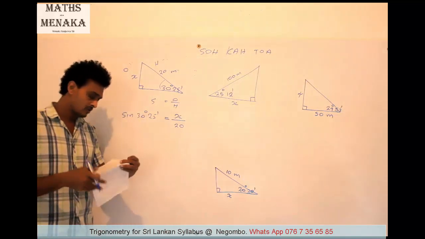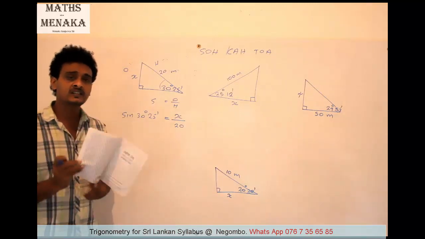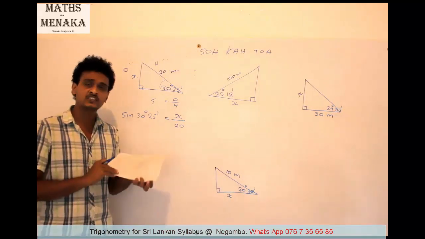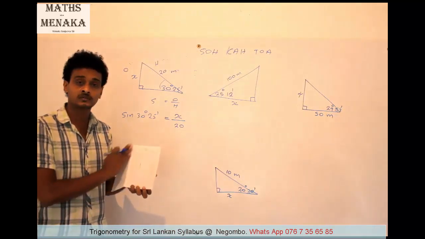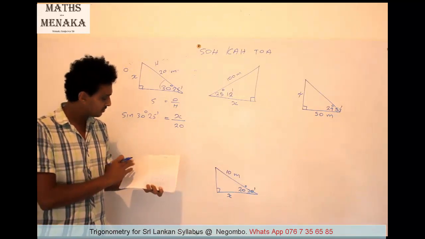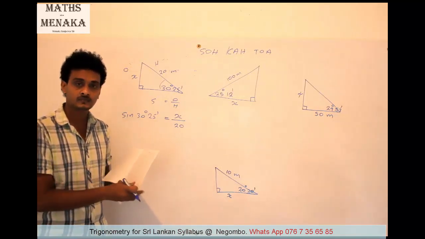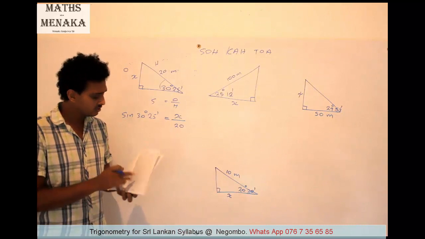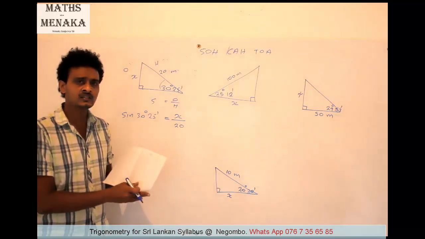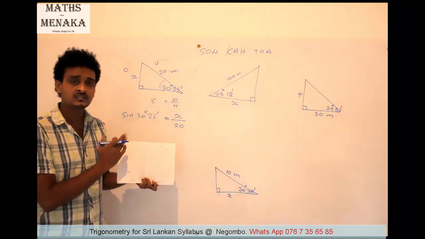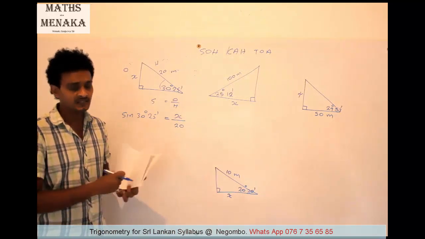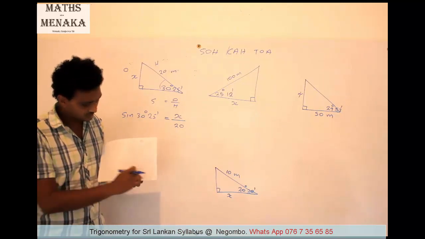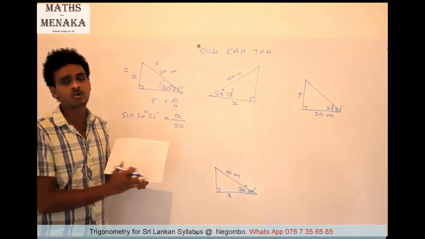You will get this from the mathematical tables book. On the first page, you will have the logarithms. The next page, you will have natural sines. The next page, you will have natural tangents. For trigonometry, you will need only the natural sine table and the natural tan table. In the natural sine table, the upper part is natural sine, and the bottom part is natural cosine. The cosine means cos.